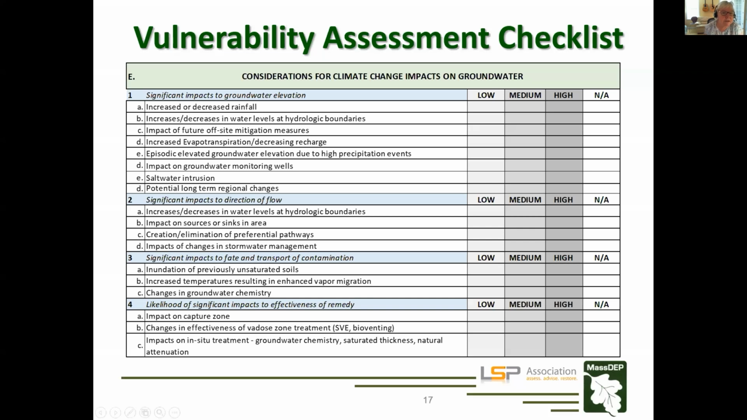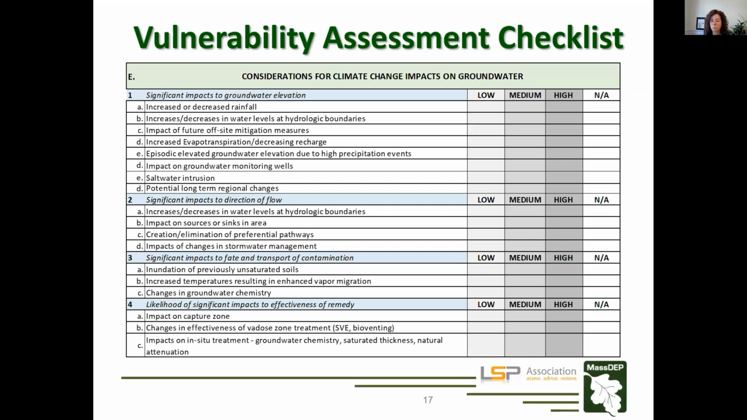We look at changes in groundwater elevation, changes in direction of flow, and changes in the fate and transport of site-specific contaminants. If you are inundating previously unsaturated soils or having saltwater intrusion, that's going to change the groundwater chemistry, and then whether those changes would impact the effectiveness of groundwater related remedies. Is your chemistry or your saturated thickness or your natural attenuation capacity going to change as a result of changes in climate? There's not a lot about this particular aspect of the vulnerability assessment on the resilientmass.org website, but